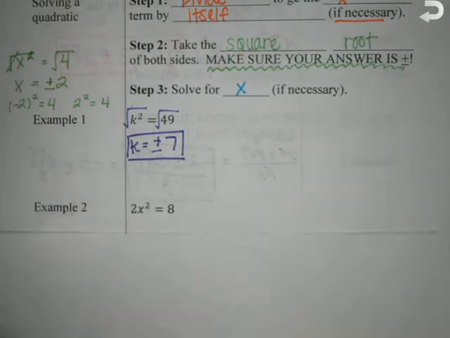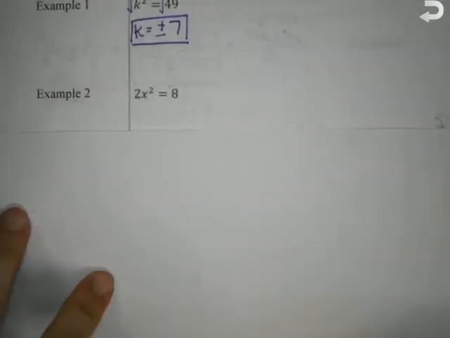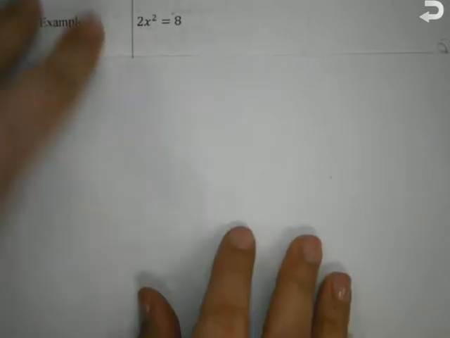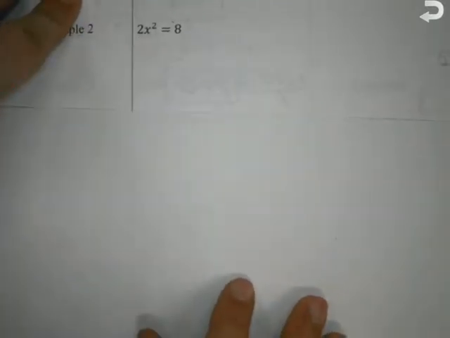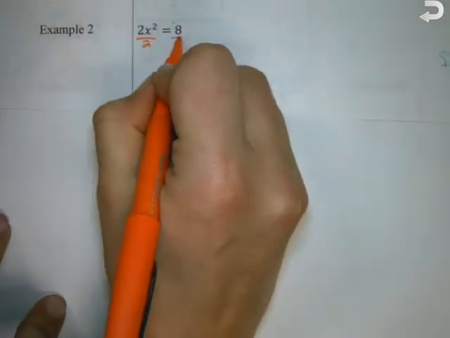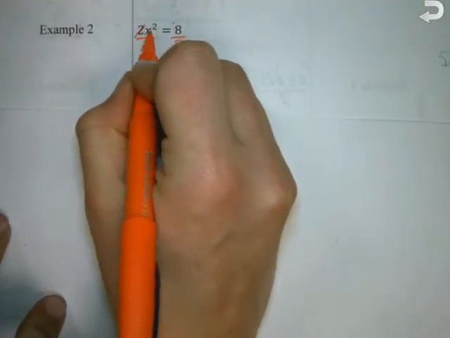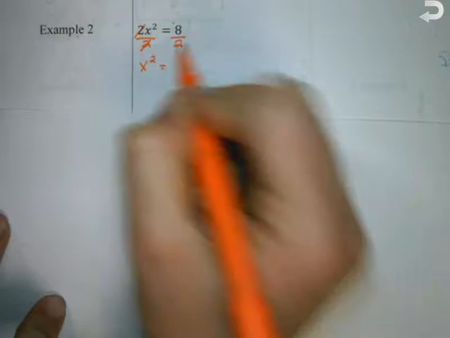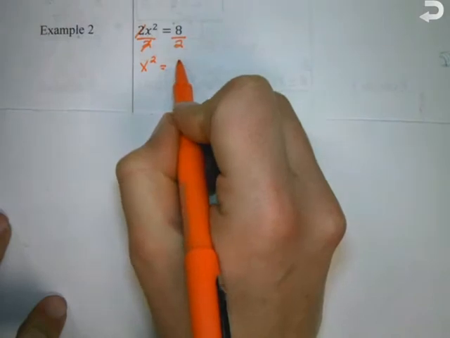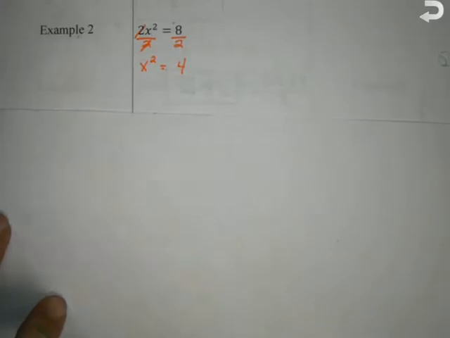2x squared equals 8. Is the x squared term by itself? No, there's that 2 attached to it. How do I get rid of that 2? Divide both sides by 2. So we want to have x squared by itself, nothing attached to it anymore. What's 8 divided by 2? 4. Okay, now what? Take the square root,